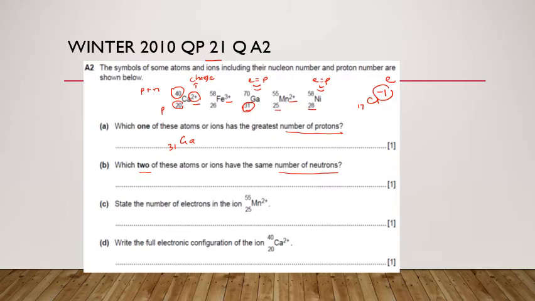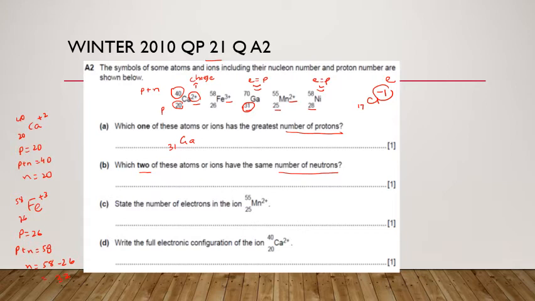Calcium, the first case, is written as 20 and 40 with a charge of +2. The charge has nothing to do with the calculation of protons and neutrons. It clearly has 20 protons, and protons plus neutrons equals 40, so neutrons come out to be 20. Let's work this out for iron, that is 26 and 58. It has 26 protons, and protons plus neutrons equals 58. So neutrons would be 58 minus 26,